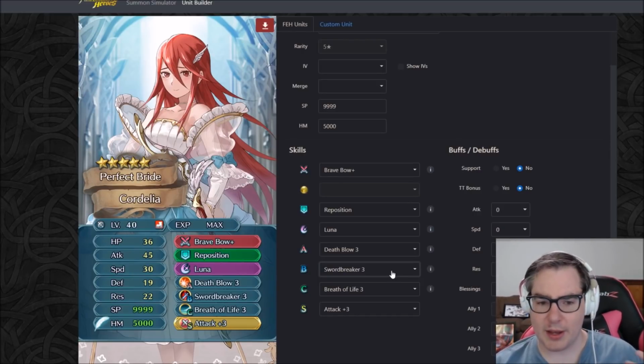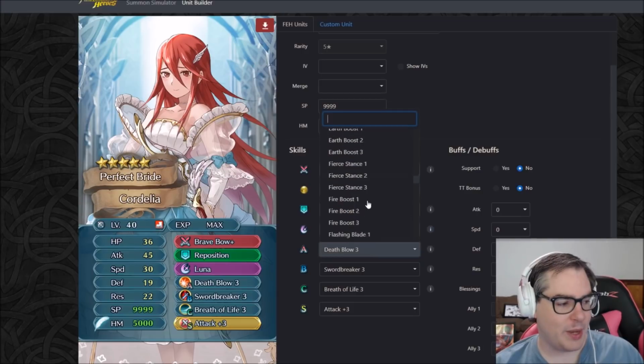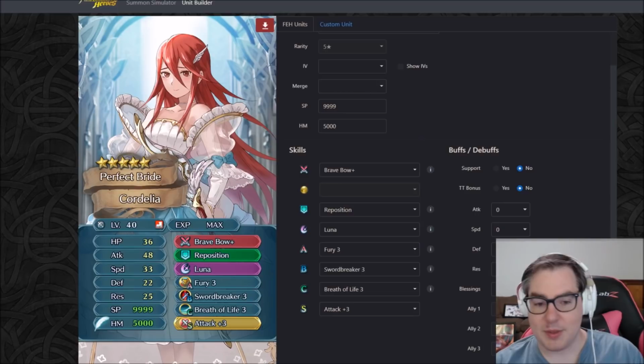Another thing to mention is my Cordelia is plus speed, so I do get something like 38 in speed, something really high, enough to quad people with Desperation, so that's the main reason for that. So this is probably a much safer build depending on your IV spread, and you can even go Fury 3 to get your bulk up a little bit here, up to 22-25 defenses, and it's still a respectable amount of